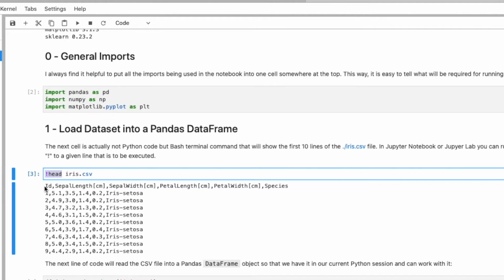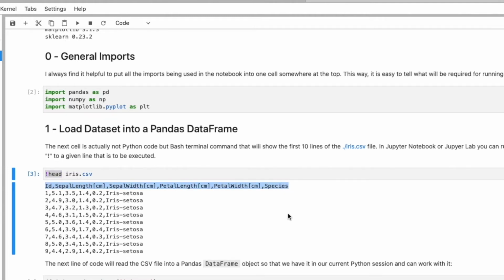So you can see there is a header line. It contains the column headers, the column names. There's an ID, sepal length, sepal width column, and so forth. And the last column is the class label, the species. And then we have the values here. Each training example is one row.